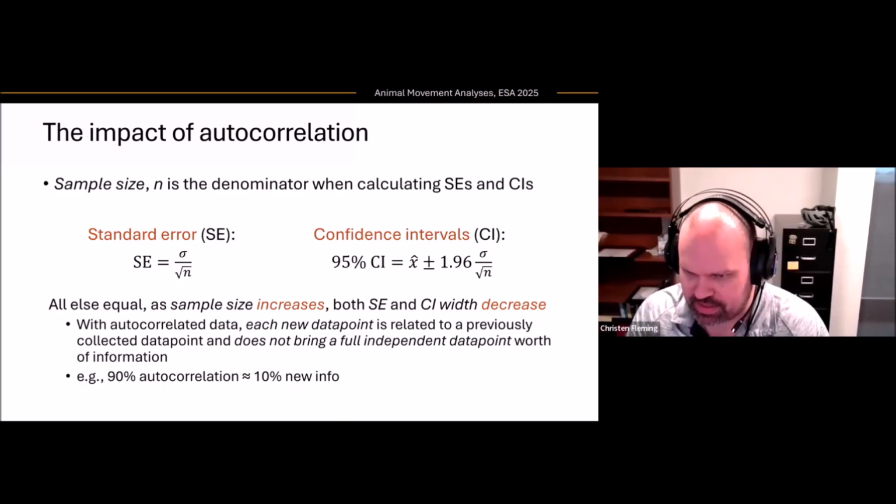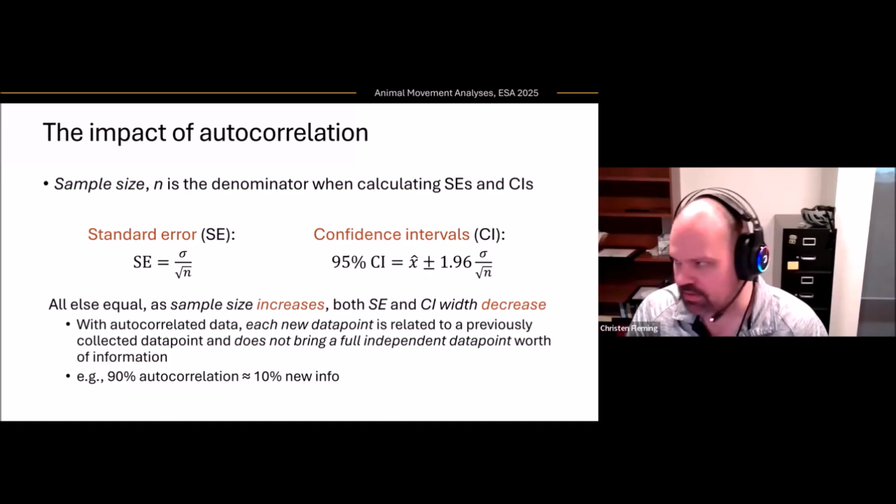But that means that you believe your effective sample size is very large. It's the nominal sample size of the data. And so you have this large denominator in the standard error essentially, and you're making your standard error way too small, because the amount of independent information you have in your data is not that much. And so your better calculated standard errors would be much larger than if you ignore the